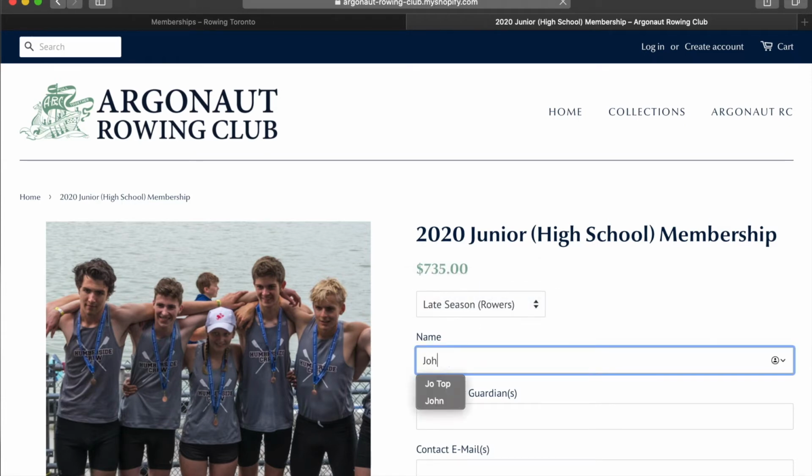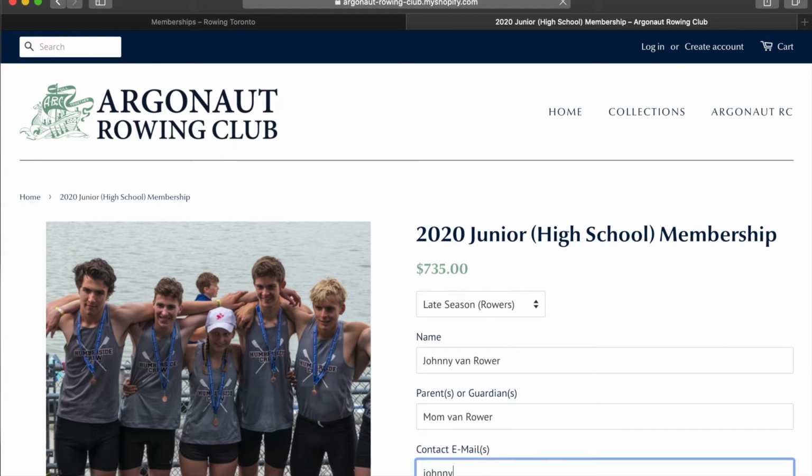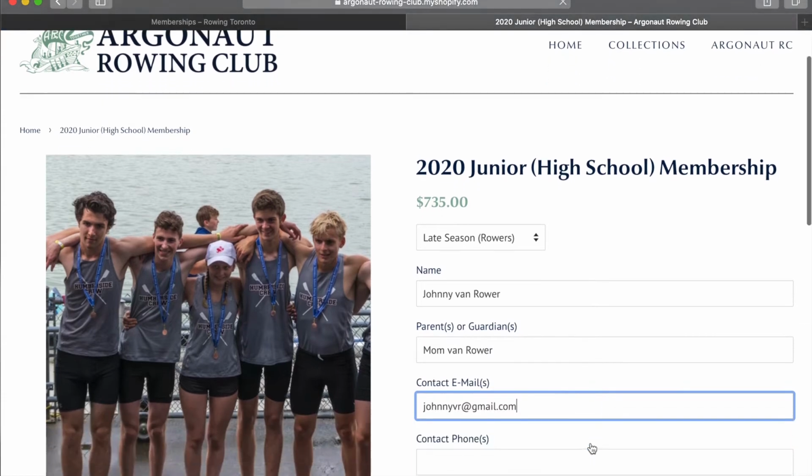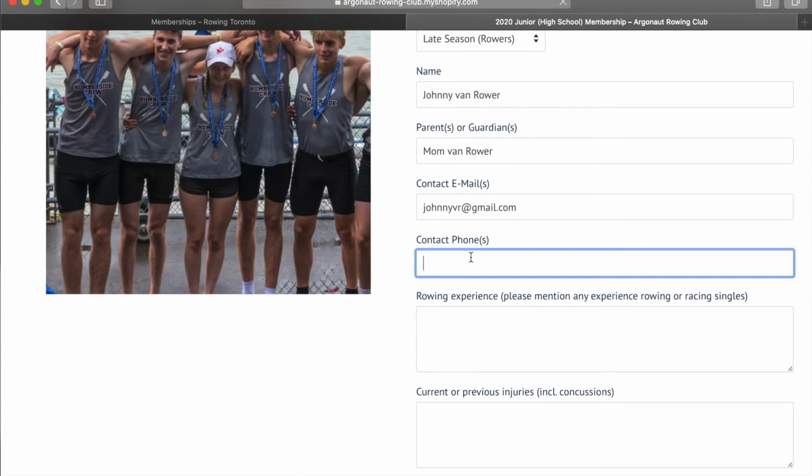And here you would just enter in basic contact information, the name of the participant. You would enter in the parent or guardian's name, as well as the contact email of the member. Now, the contact email will be the primary communication avenue that the coaches will contact the member via to get additional information on things like school or anything like that. So do keep that in mind. And then you want to put in the contact phone number,